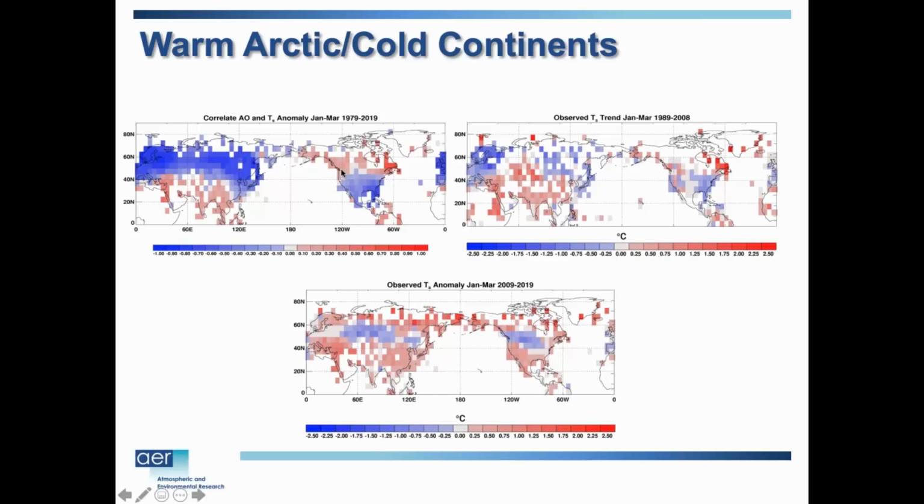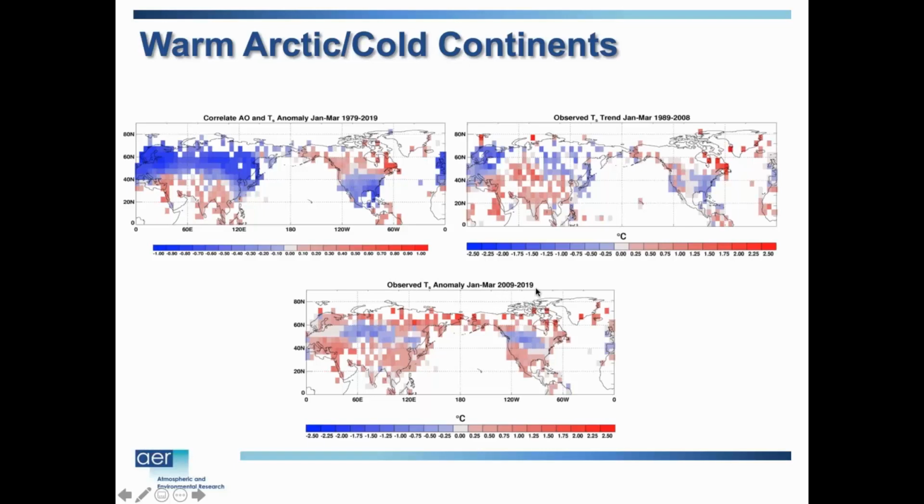So here's kind of the Arctic oscillation pattern on the top left. Here was the trend. This is only looking at land temperatures from the CRU data set, the Climate Research Unit in the United Kingdom. But you can see you get this similar AO pattern when you're looking at these trends, 1989 to 2008. It's from a paper of mine that came out in 2009. You can see these cooler trends across northern Eurasia and eastern North America, and they project very strongly onto this AO pattern.